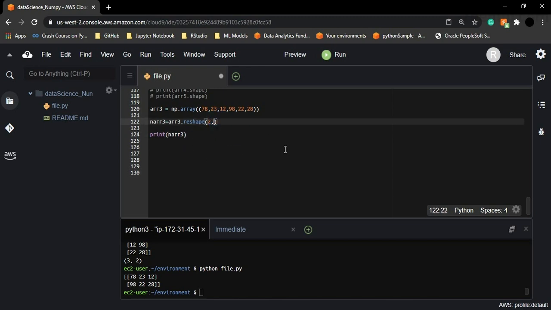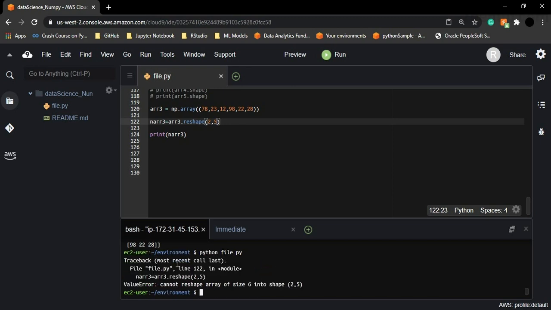Now if I try to change it to say 2 rows each containing 5 elements, this means the total number of elements would be 10, but we are providing only 6 elements. So what will happen in this case? An error would be raised that we cannot reshape an array of size 6 into this particular shape. So you must remember that whenever you are reshaping an array, you should provide dimensions that match the number of elements we have. Okay,